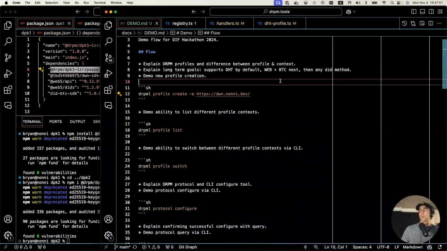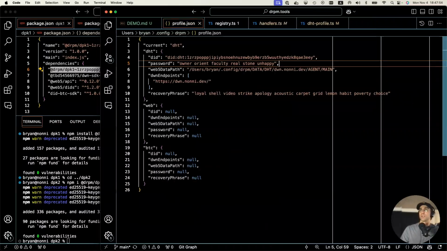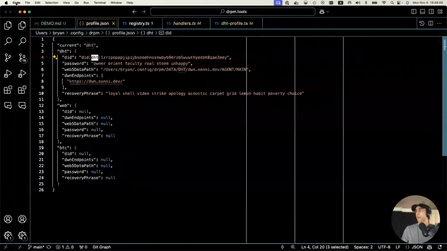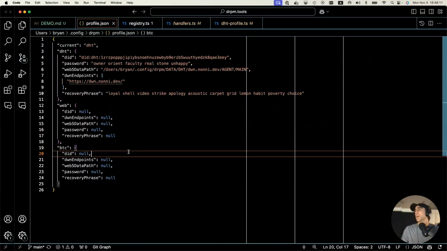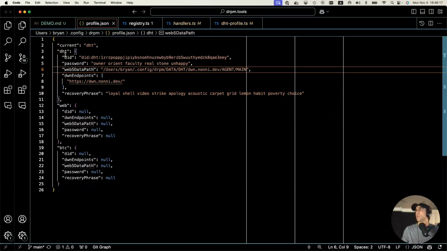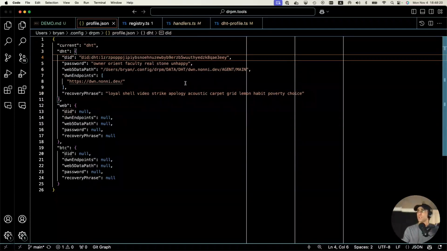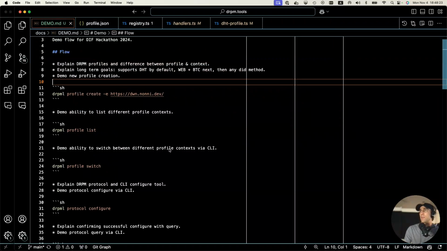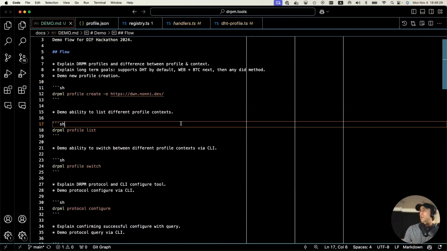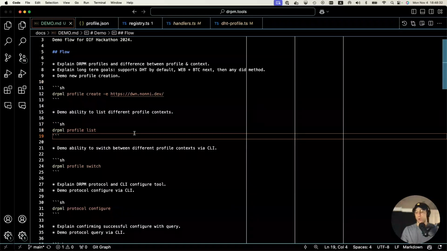And so this brings up the concept of a profile. Pretty straightforward. It's just in a config folder in your local environment, and it just contains the information that you need to interact with whatever method of DID you're using. Because this is TBD, everything across DRPM is basically DHT out of the box. The next methods to support would be web and then BTC. And so that's where this design initially has come from, the recovery phrase, the endpoints, password, all this stuff will live in this little profile, and entry points for interacting with all the parts of DRPM kind of start there and end there, because that's all the information for recovery and for creation of the agent